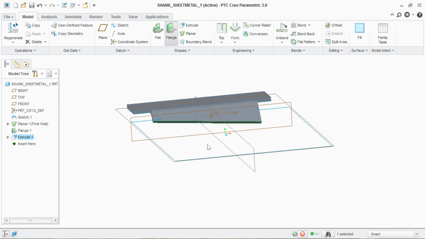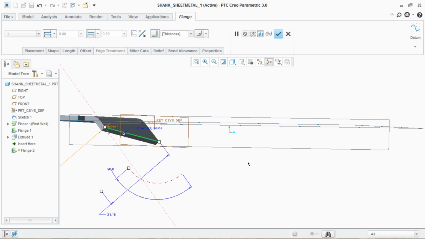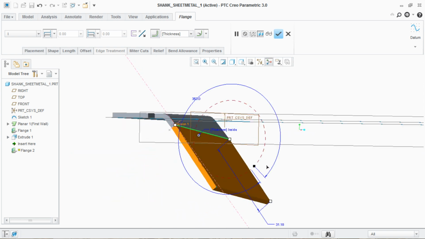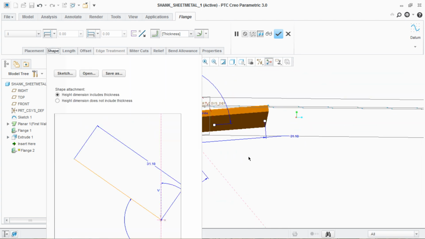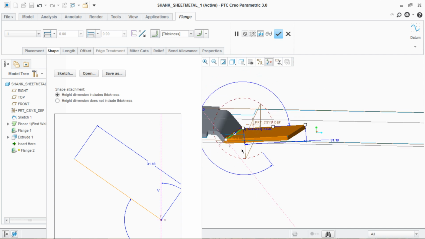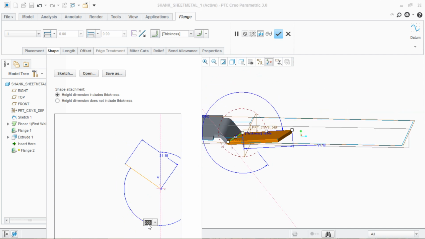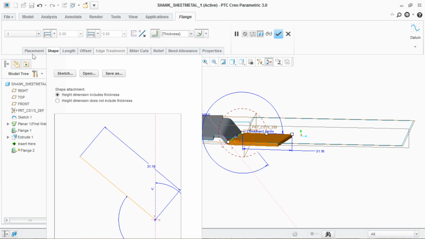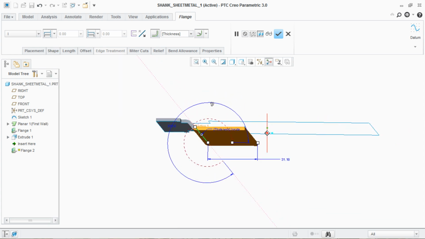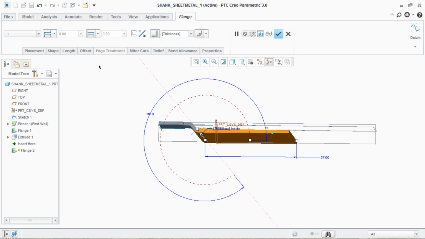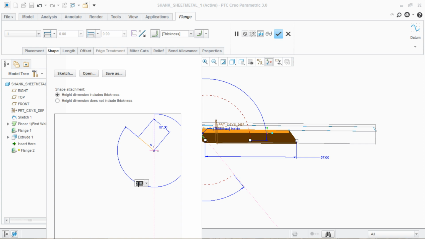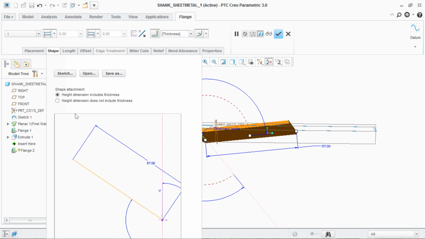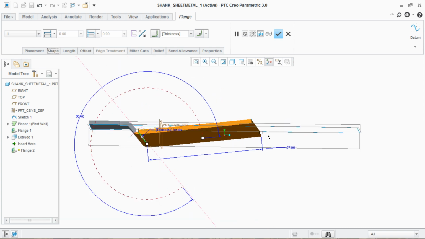Now take another flange which will provide the lift to our shank. We can change the angle from here also, or we can use this. As you can see, we already provided 50 degree of angle. If we give it 310 or you can say 50, the shank has no lift, but we need a lift, so we go to shape and we give it a lift of 6 degrees. So angle will be 304. 310 minus 6 is equal to 304.